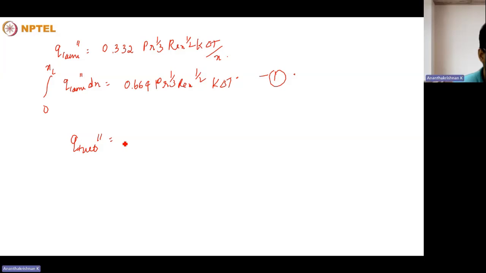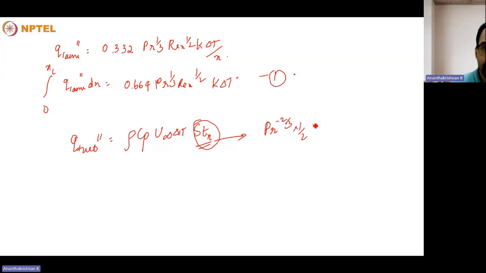Skin friction coefficient as well as the heat transfer. So using the Stanton number, the Stanton number could be written as Prandtl number raised to minus 2 by 3 times half of Cf x. For the turbulent flow, this particular term is equal to 0.0296 Reynolds number raised to minus 1 by 5. So we can write it as